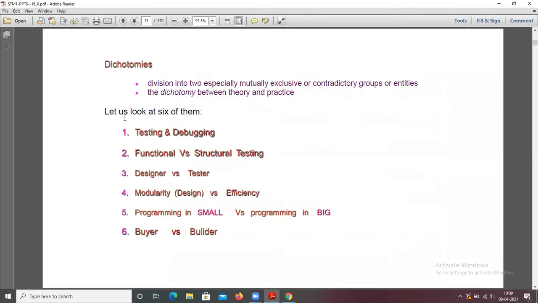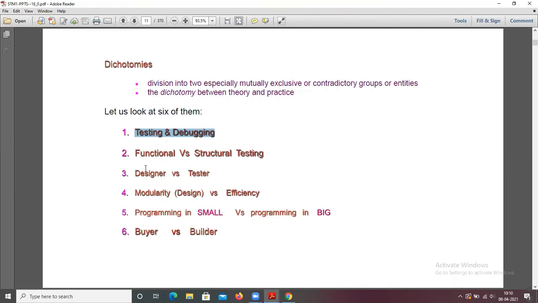So dichotomies means there are some groups, and between these two groups you are going to know the contradictory details. Normally we think that the tester and the debugger belong to the same group, but the tester is different from debugging.